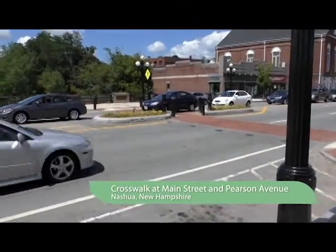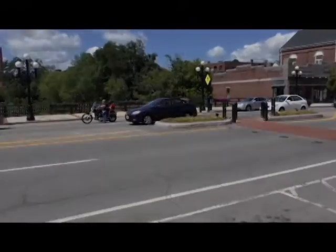As part of the Plan4Health Nashua, my role on the committee is to work with the leadership team to help bring together a coalition of grassroots entities to talk about and to learn about complete streets, what the city's already doing that's working well, and how we can enhance the policy to increase complete streets infrastructure throughout the city. So we have a location right here in the background on Main Street, which is in the heart of downtown